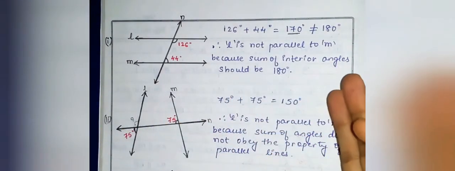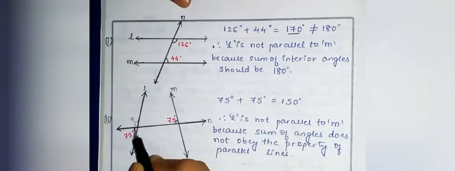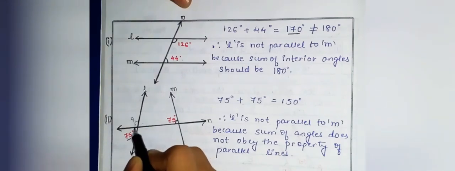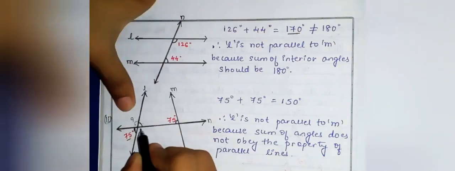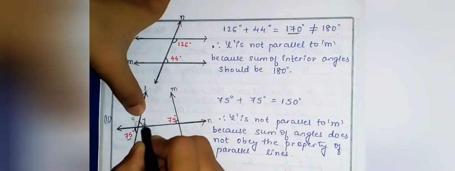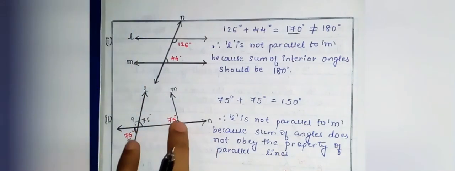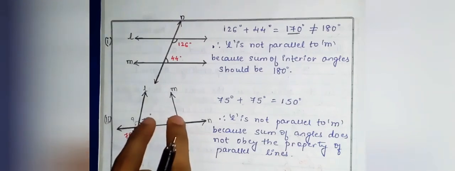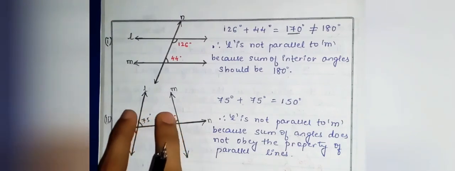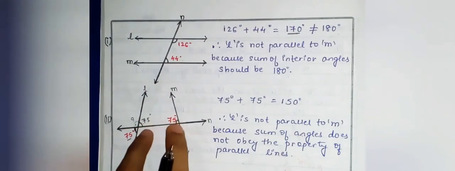There is another way also of solving it. The second method is, if you know this angle is given 75 degree, these both are vertically opposite angles. So ये 75 है means ये भी 75 हो जाएगा, right? So this angle will also be 75 degree. Now this angle and this angle, again they are interior angles and they are lying on the same side of the transversal. So again इसका जो total होगा, that is supplementary. So that should be 180 degree. So this way also you can check.